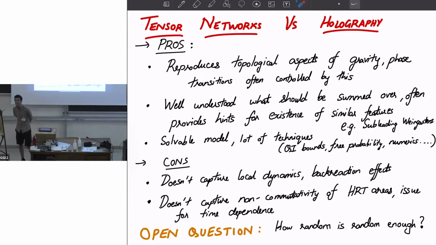I had a question. So when you said there's a problem of basically no local dynamics in the tensor networks, and there's no commutativity, the fixed area state story, how much do you think those effects are due to the large N limit, also the large bond dimension limit, that you're considering in random tensor networks? Because if you go away from infinite N, then you would expect that your gravitational dual has non-zero G_N. So in that limit, you would expect to see these effects, no?